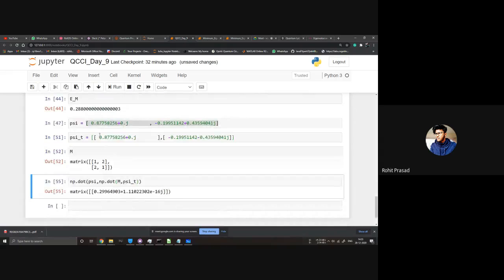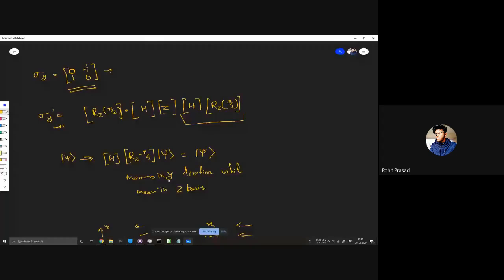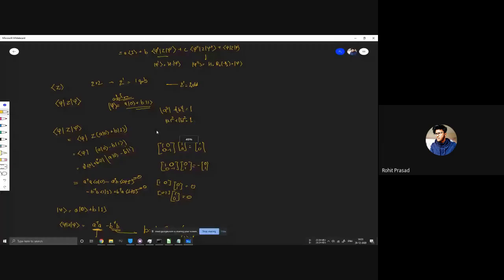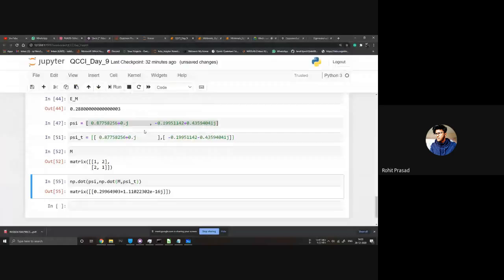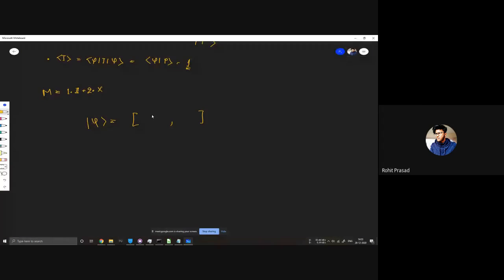Okay. So what I just did is take a psi, numerically calculated. We had a psi something like this one, 0.8 something. Let's call it AB.